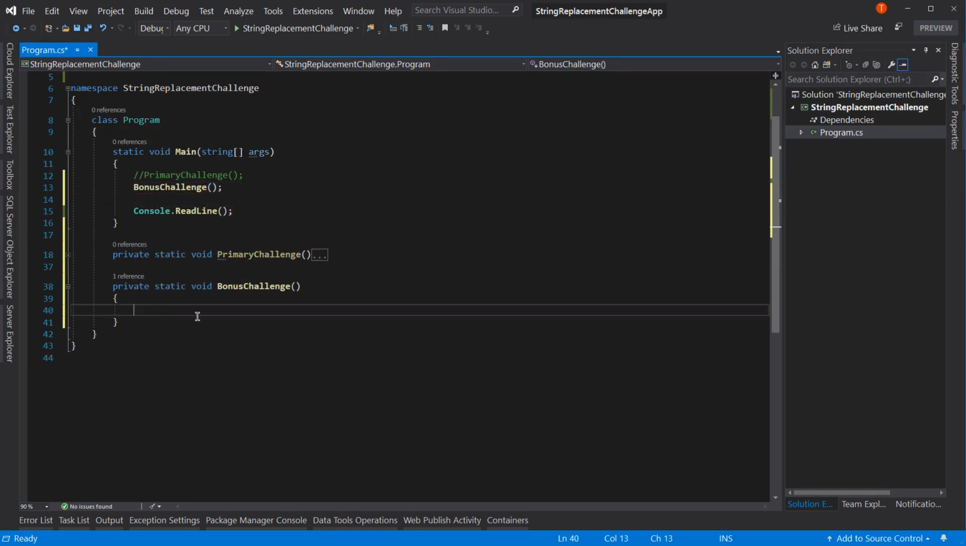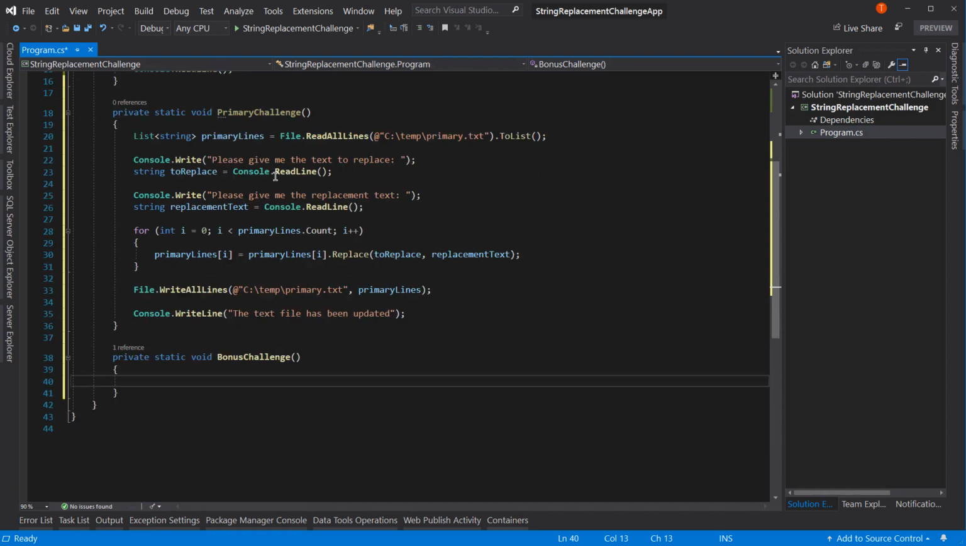So now you can call in here, and when you're playing with this code, you can comment out the bonus challenge and run just the primary challenge, and vice versa, or run both. It's up to you. The bonus challenge is going to be similar to the primary challenge in that we're going to load in a file. Now let's do the same pattern here. So we'll load in the file, and it's going to be